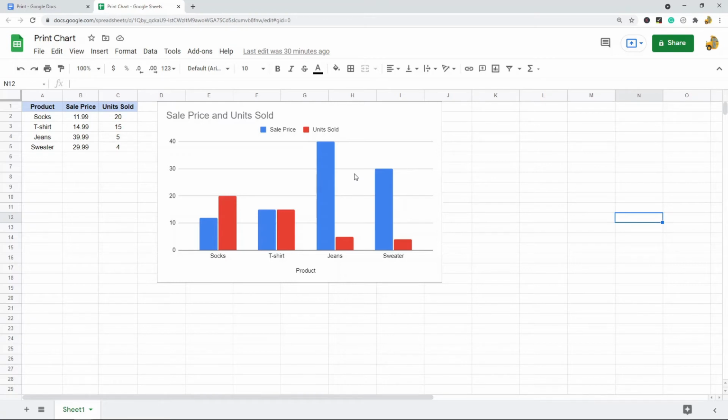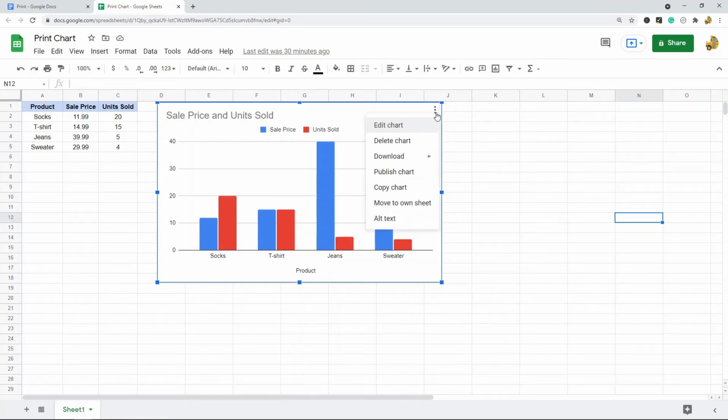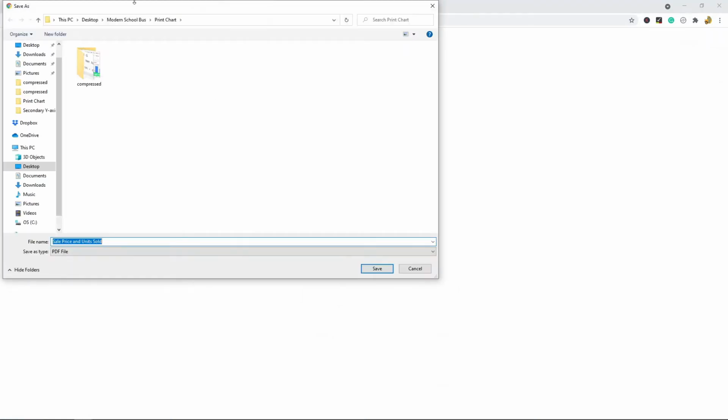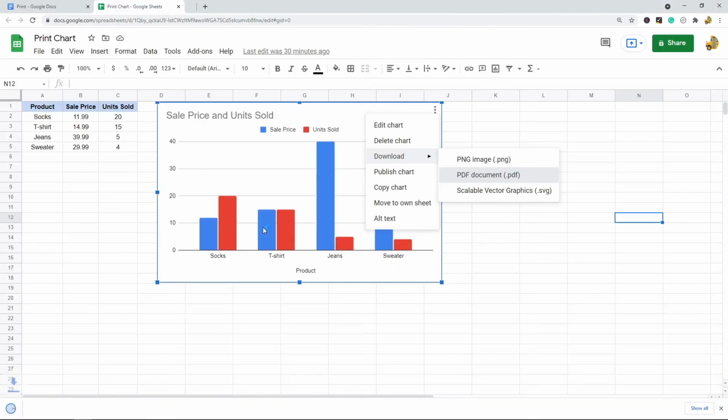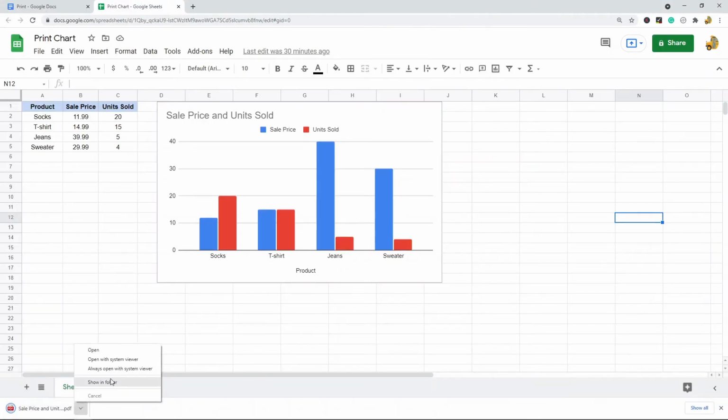The first method I'm going to show is just save your chart as a PDF and then print the PDF. So to do that, what you need to do is select your chart, and then you should see this three-dot menu in the top right corner. And then what you want to do is download PDF document, and then you can save this chart on your computer,